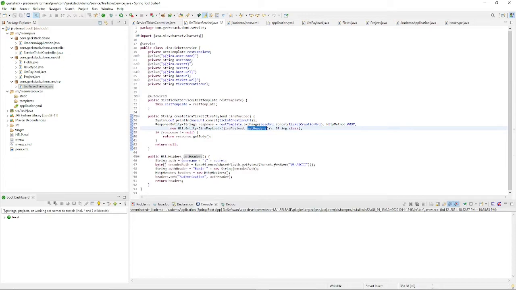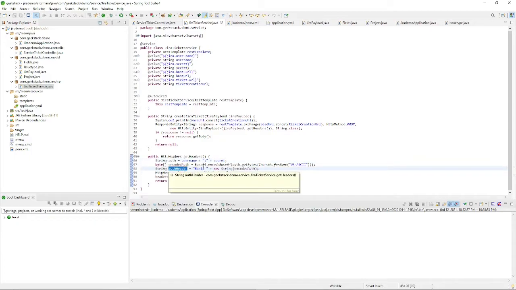So what we are doing over here, using this username and secret which we are reading from these properties, we are encoding that with base64 format, getting this auth header as Basic space the encoded auth, and passing this in the header with the key authorization.